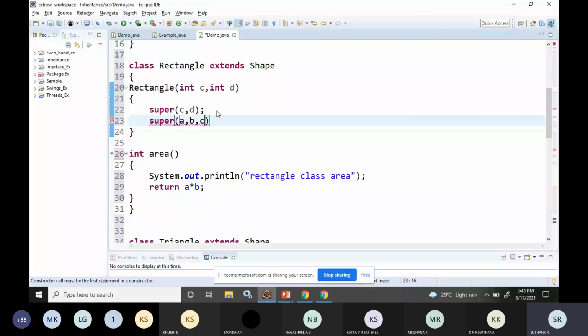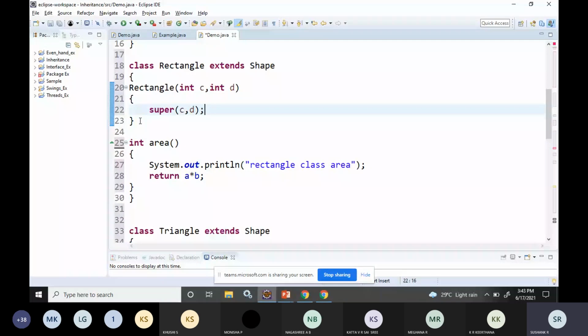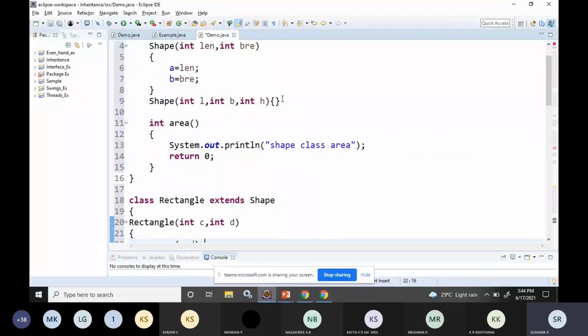Like that you should call. The naming convention can be anything.